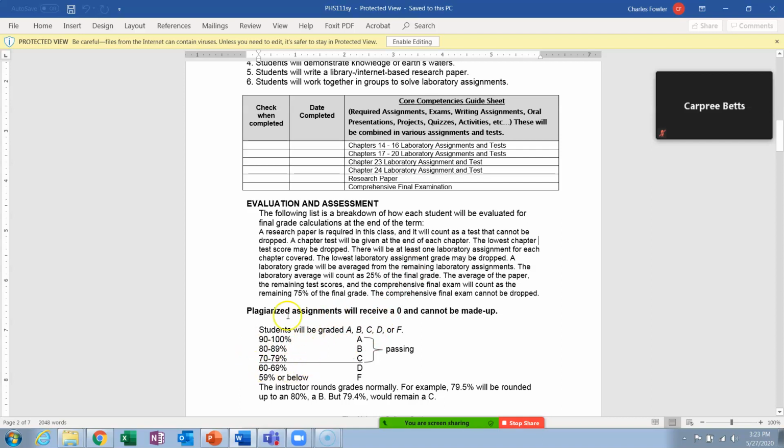And you know how we grade. 90s are A's, 80s are B's, 70s are C's. Don't go any lower than that, okay? I'm not going into this. The dean or somebody, whoever wrote this, had this all screwed up down here about rounding. This is correct, okay?